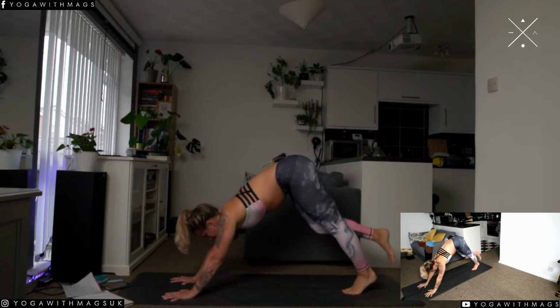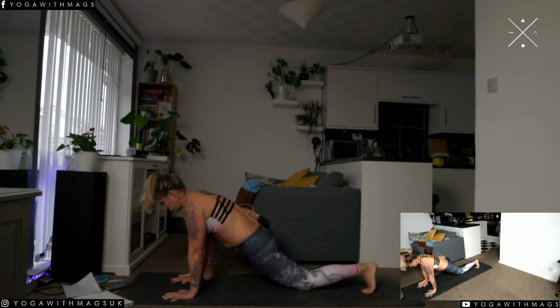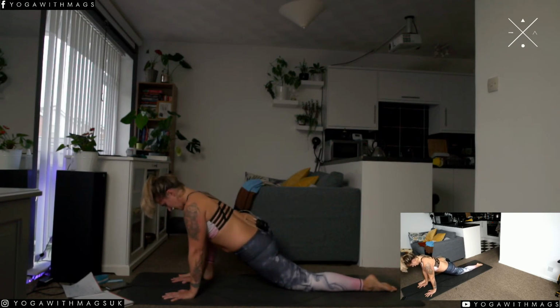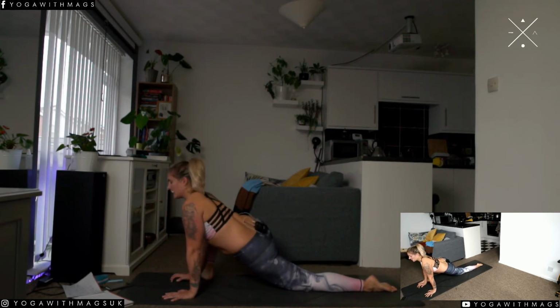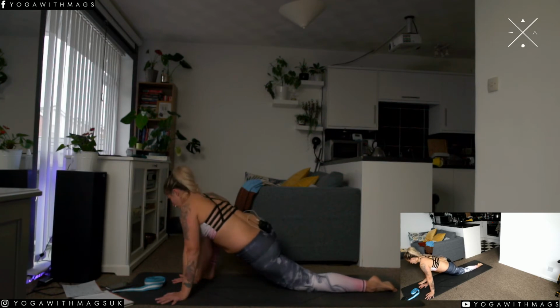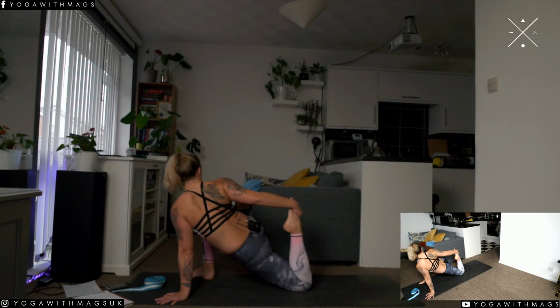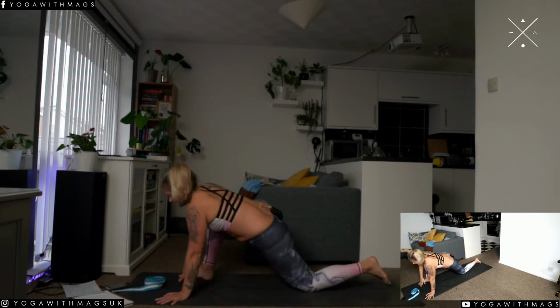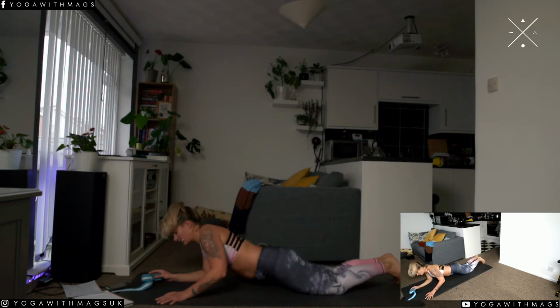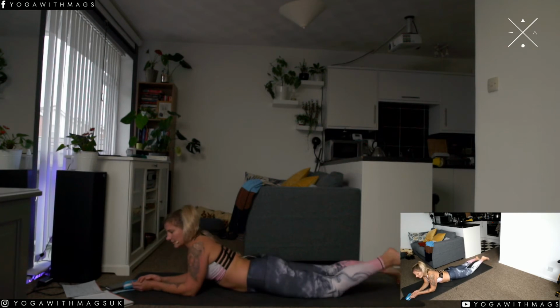So this time, step the right foot outside of the right hand. Come down for lizard. Keep the chest open. You might want to have a loop already ready for your foot. You might be able to just lift the left leg and grab hold of it and bring it closer to you. The alternative is that you come down onto your belly, prop yourself up with the right forearm, lift the